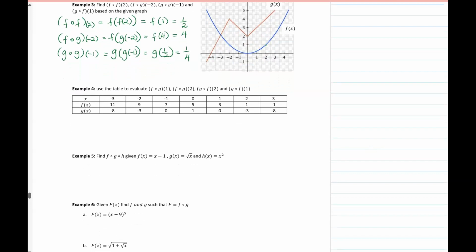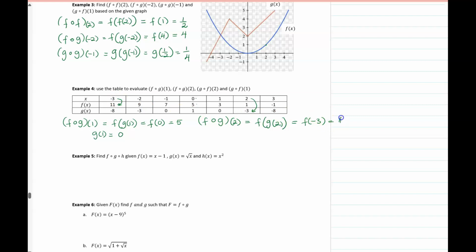So how do we evaluate using the table? Again, f of g of 1. First, we need to find what g of 1 is. Well, g of 1 is equal to 0. Then this gives us f of 0. Well, f of 0 is equal to 5. Now f composed g of 2, f of g of 2. g of 2 is equal to negative 3. So then f of negative 3, and f of negative 3 equals 11. Similarly, g of f of 2 is equal to